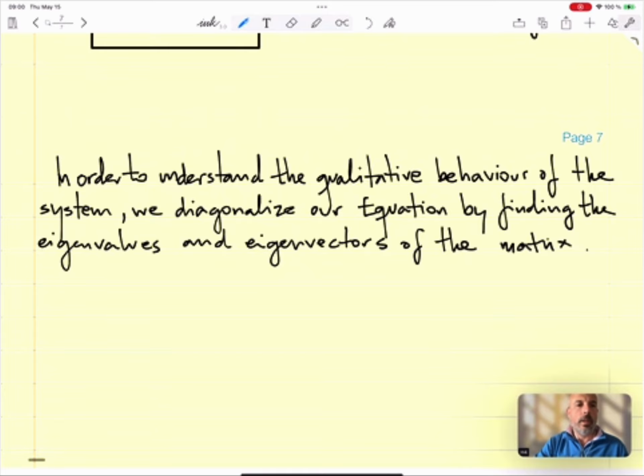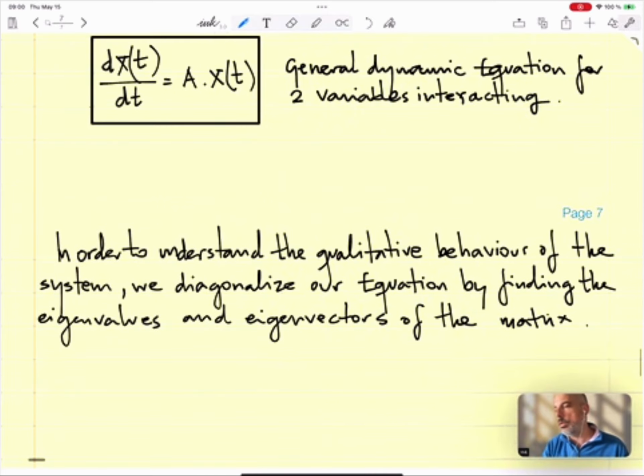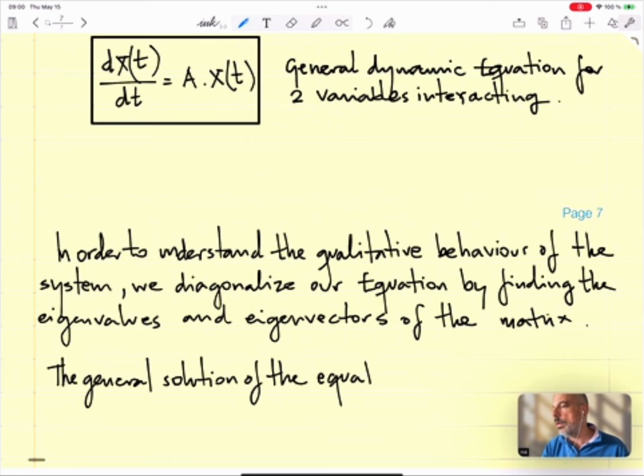So the general solution, why we do this? The general solution of the equation is